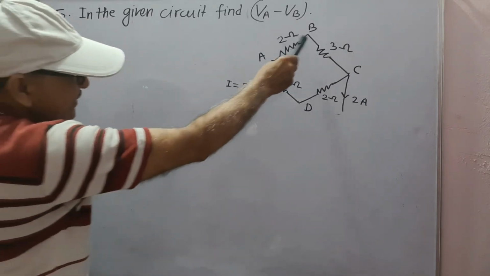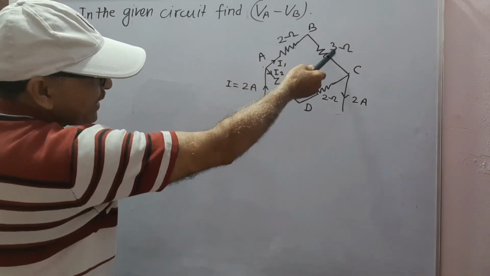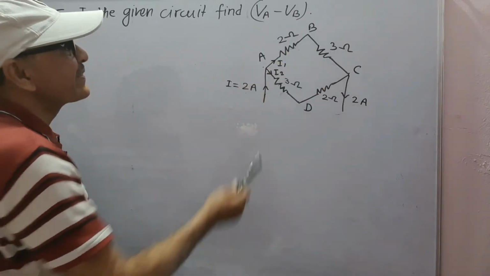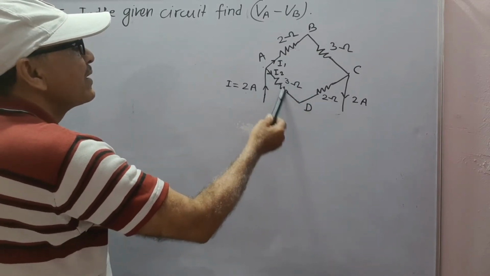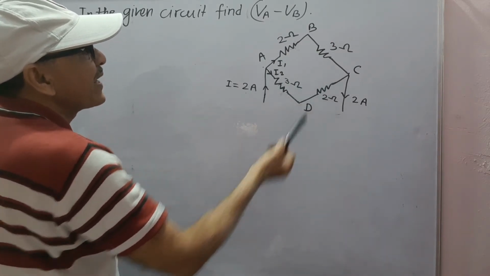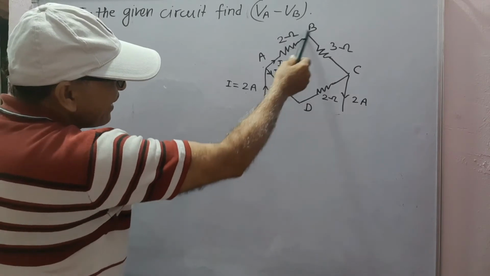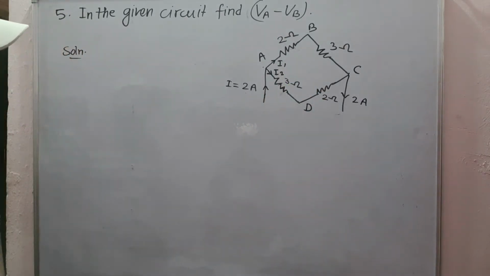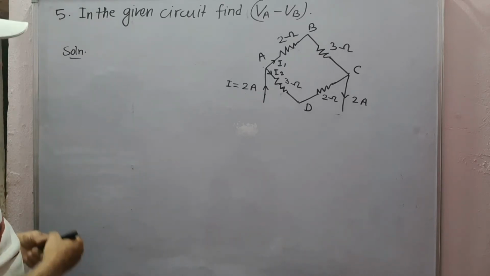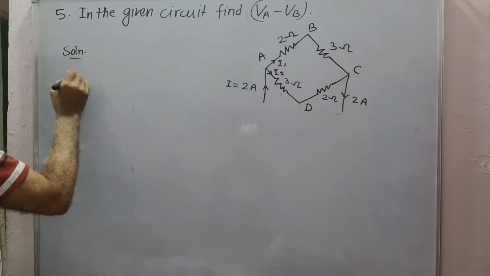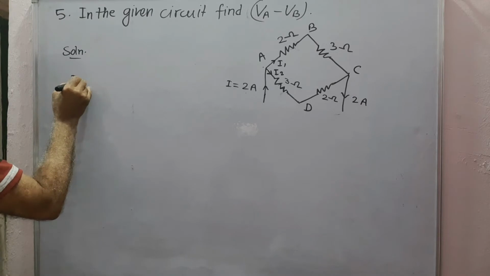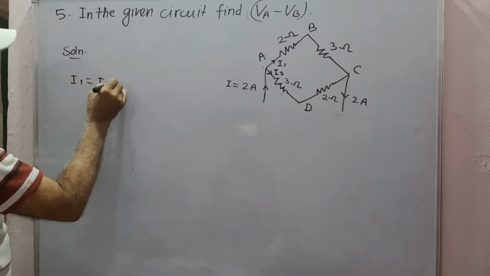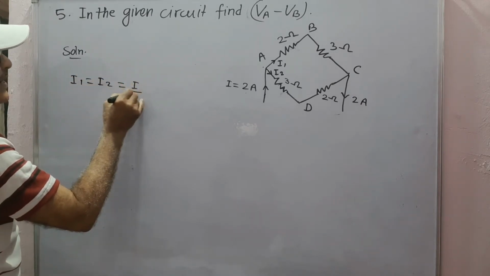Because the upper branch is of 2 plus 3 means 5 ohm resistance, and the lower branch is also of 3 plus 2 means 5 ohm resistance. Therefore, equal currents will be flowing in the upper and lower branches. That is, I1 will be equal to I2 is equal to I by 2,